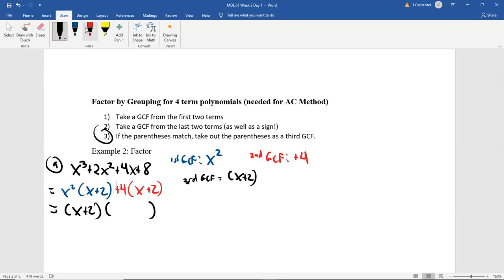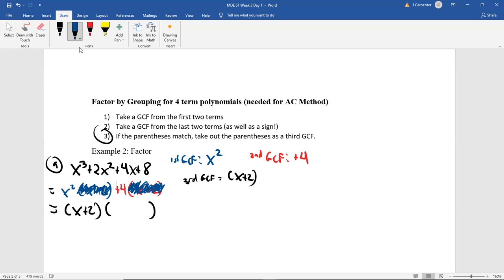So here's what you do. You're going to take your hand or your pencil or whatever. Don't erase these permanently. Don't scratch them through permanently. I'm just saying, cover up the thing you just took out. So we took out the x plus 2. Cover all of those up, the GCF, and whatever you see after that is what goes in the next